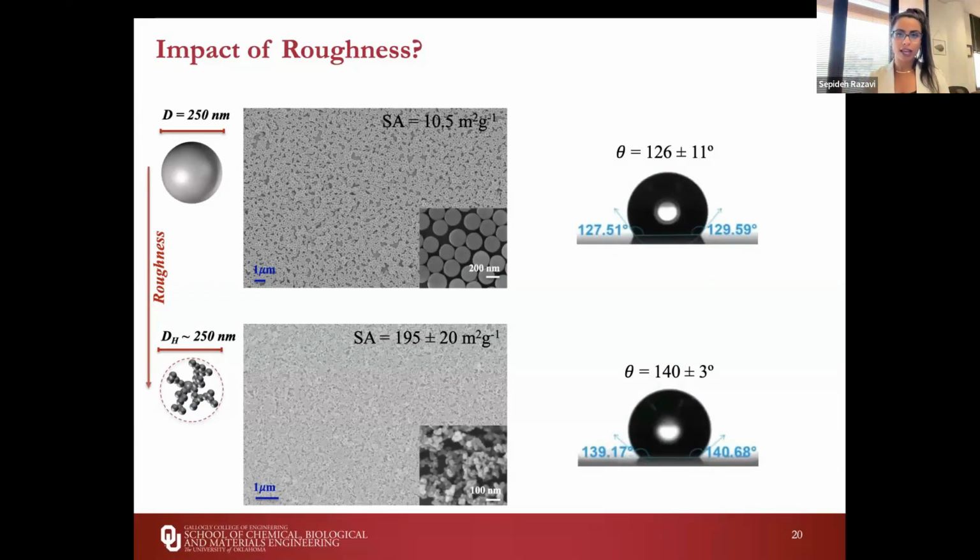And we choose them so that they have a similar hydrodynamic radius in bulk. So even though these are not round, at least in the bulk, they have a similar hydrodynamic radius to these round particles. And as you can see, if you make a monolayer of these particles and look at the contact angle of water on the surface to get an approximate estimation for the contact angle, we'll see that these are hydrophobically modified. And as we increase the roughness of the particles, it's also known that the contact angle is going to go up. So you have a more hydrophobic surface, if you will, because of the roughness of the substrate.